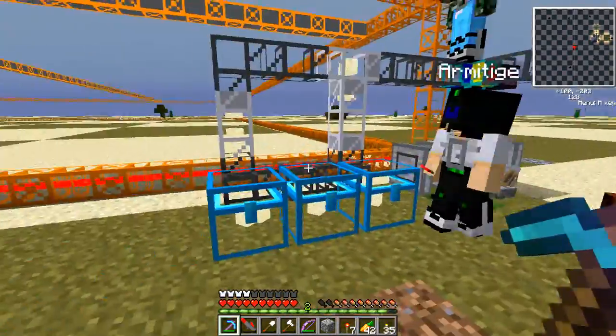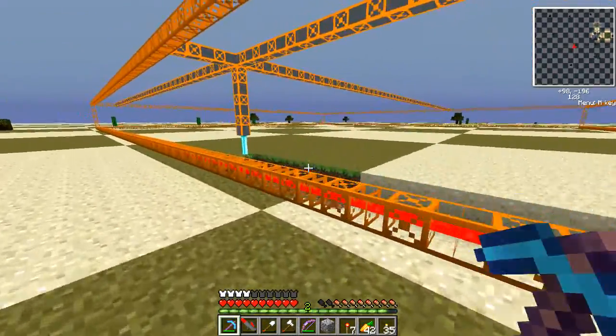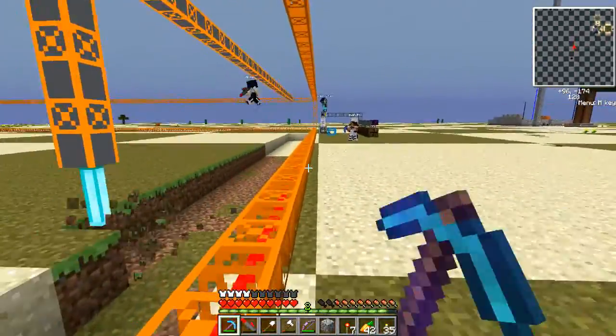The pipes are easy to break. They just break by hand, and you don't have to worry about this framework. It'll just disappear on its own when it's done. Oh, okay. What I will recommend you do is